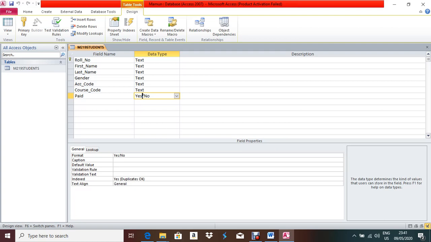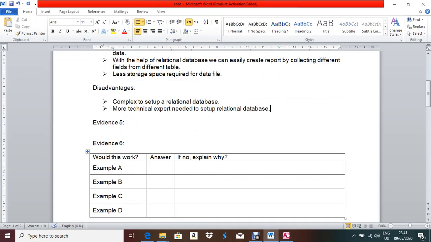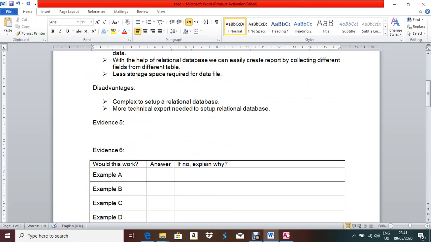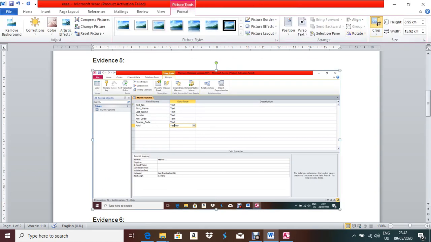Then you can use the print screen button or the snipping tool for taking the screenshot, and under evidence 5 you have to take the screenshot, and this thing is not visible. So what you will do is crop this one: select this one, go to format and then the crop option, crop this part.